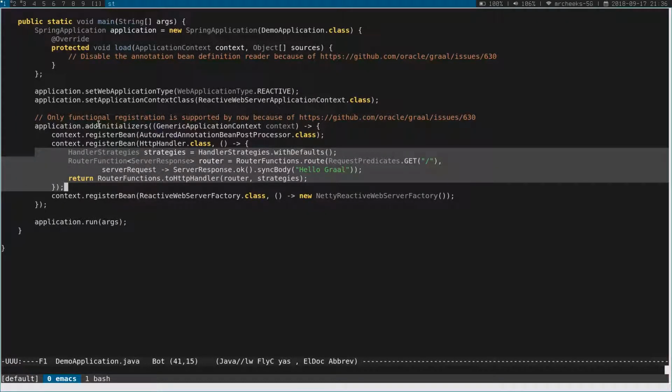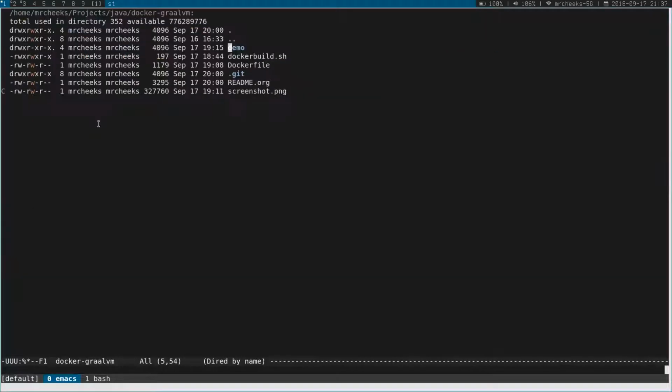Here you can see all those route functions that you would specify in a Spring Boot 2.x application. And that's pretty much it. I just followed the instructions in that existing project on GitHub, and that was good enough to run it locally. So if I look at how it's built,